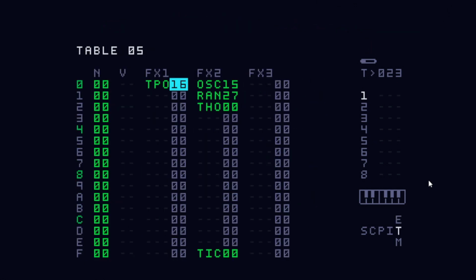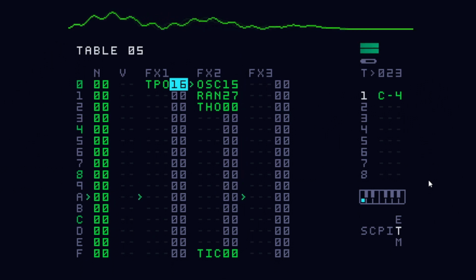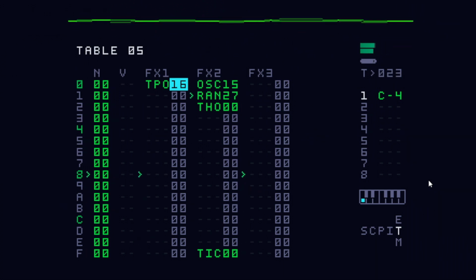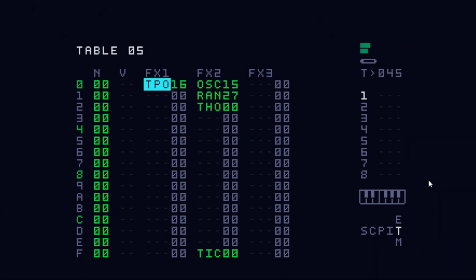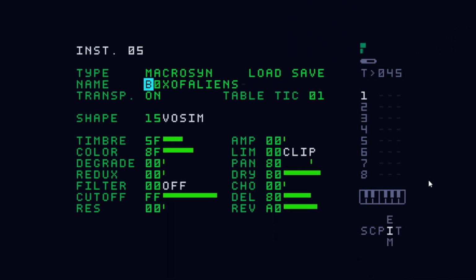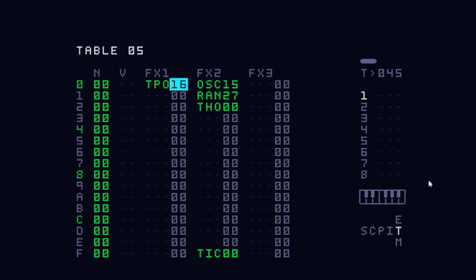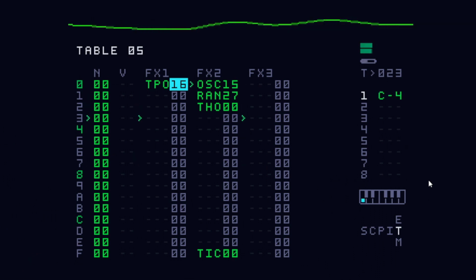And now when it plays, the first thing it's going to do is increase the tempo. And each time it goes around, it will increase the tempo more. But when the note plays again here, it will reset to 0. So if you watch the tempo in the top right,